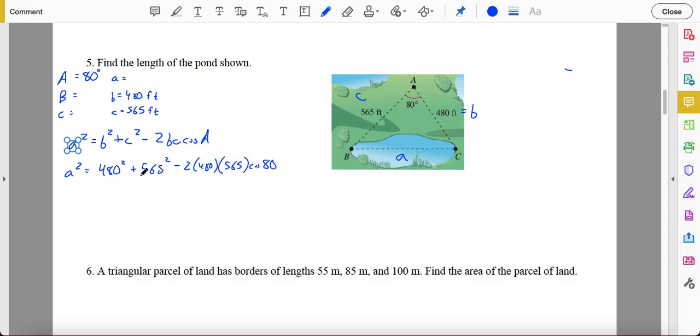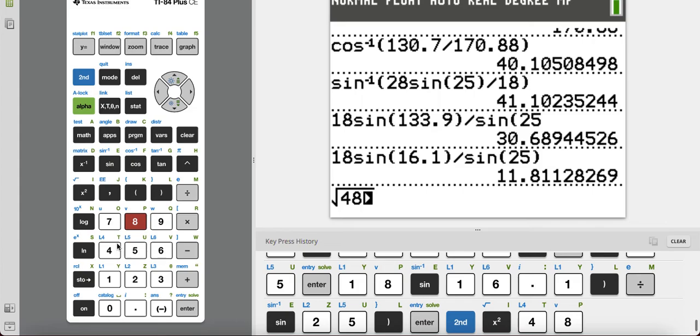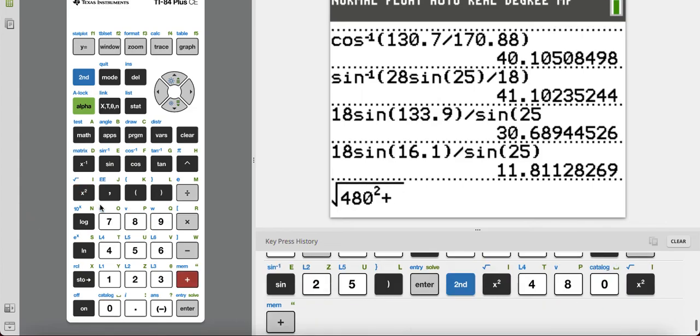I can simplify all this. I can even go ahead and just take the square root of it. I'm going to put all this in the calculator, including the square root, and it'll give me side A. So let's put this in the calculator. We've got the square root of 480 squared plus